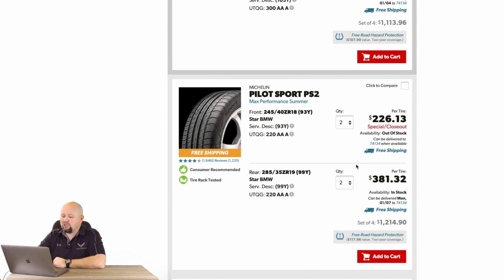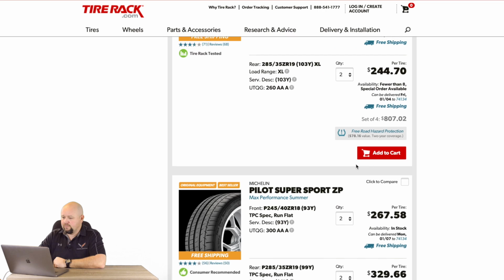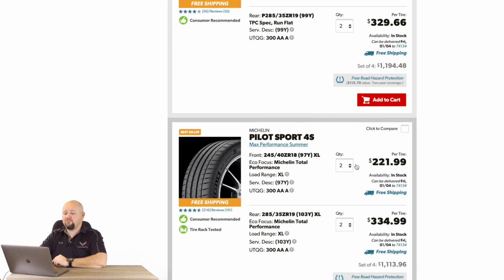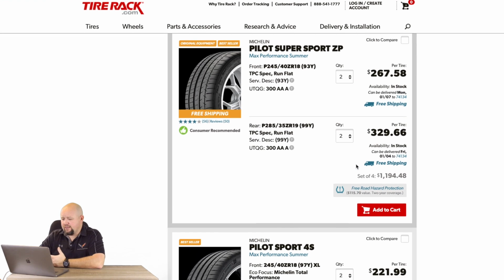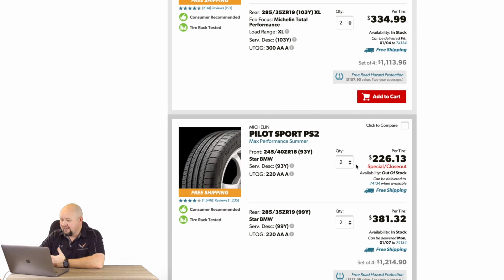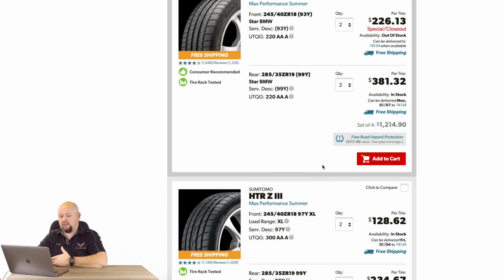The Pilot Sport Cup 2s, those are, where was that at? I'm sorry. I don't know if they may be further on down. But the Cup 2 tires, unless you're going to be tracking, don't mess with them. So again, you've got the 4S, Michelin Pilot Sport PS2. Again, I don't know a whole lot about that one. Looks like they've got a closeout deal on this, so evidently they're getting rid of those. I don't know. You got, again,